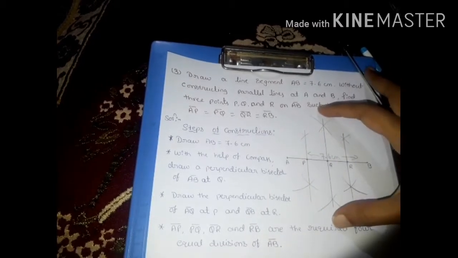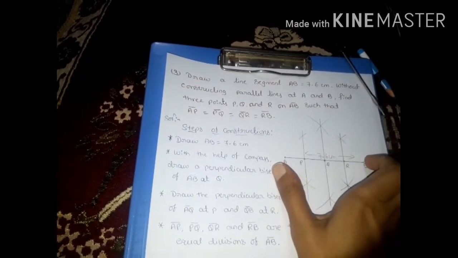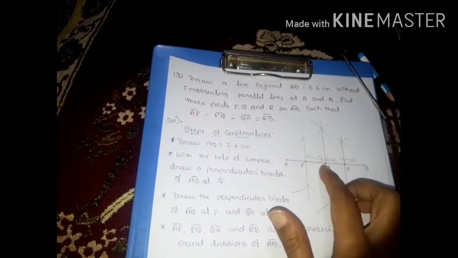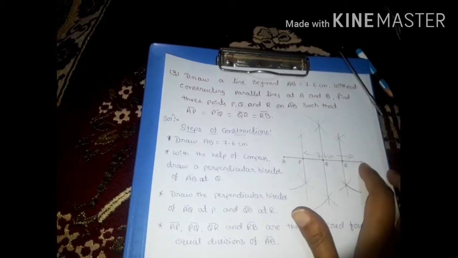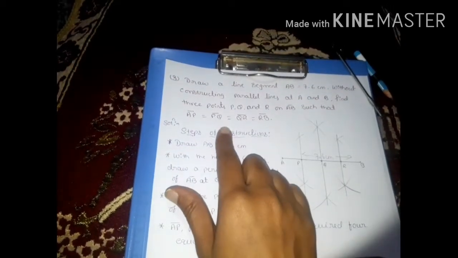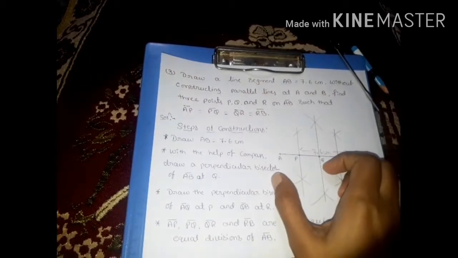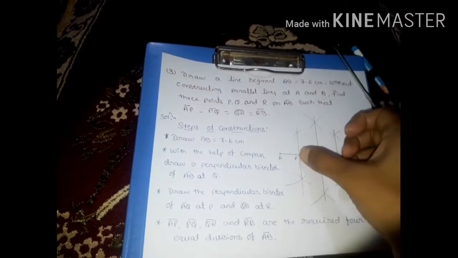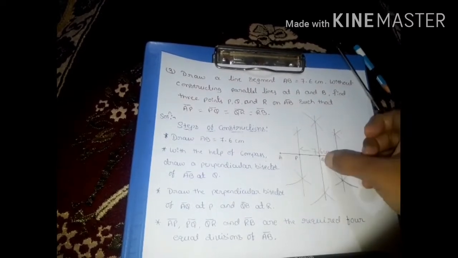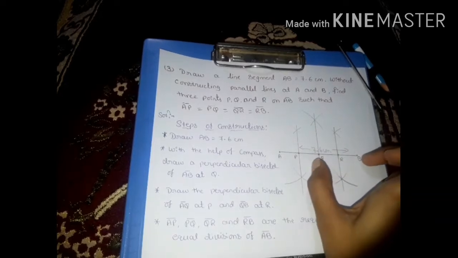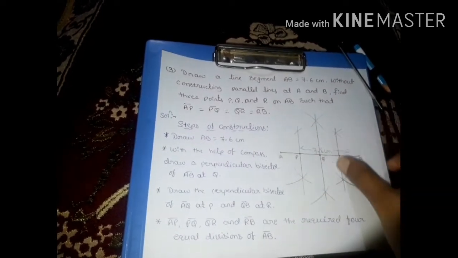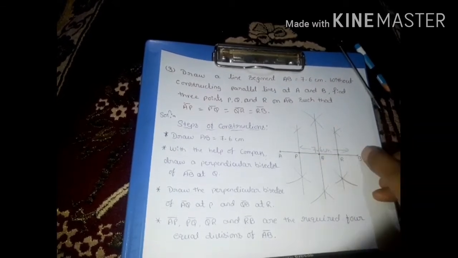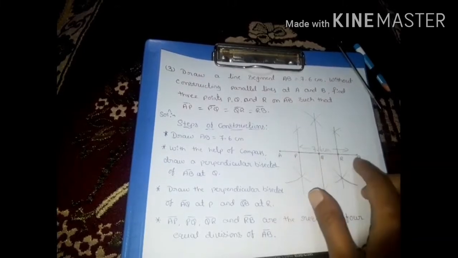Now this line divided the given line AB into 2 equal parts, that is AQ is one part and QB is another part. But here we are asked to make 4 equal parts. Again you have to construct one perpendicular bisector at AQ. It forms a point P on AQ. Similarly, on line BQ, draw another perpendicular bisector. It forms a point R on line QB. Then these all are equal to each other.